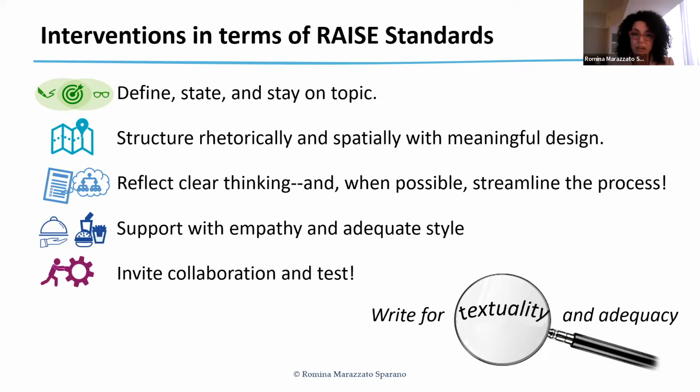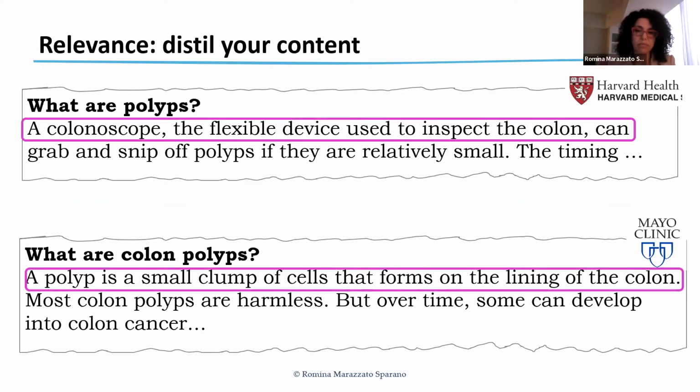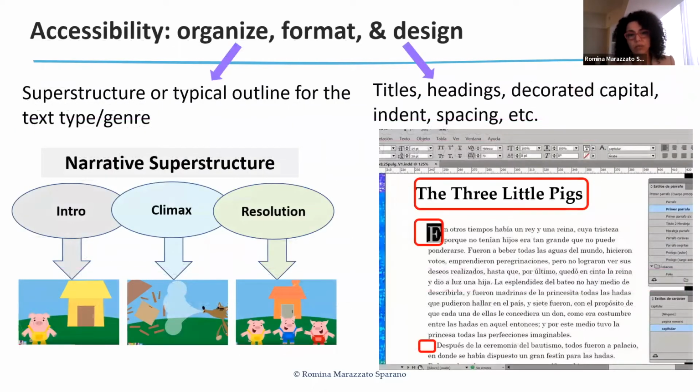So how do we start with relevance? Let's take a look at these two pieces of text. They both start with a very similar title. What are polyps? What are colon polyps? But in the first case, we have a detour, a colonoscope. And so the colonoscope wasn't mentioned in that title. So we need to really align what we say we're going to talk about and what we will really talk about in the text. And of course, weed out any information that is dear to us, but may not be dear